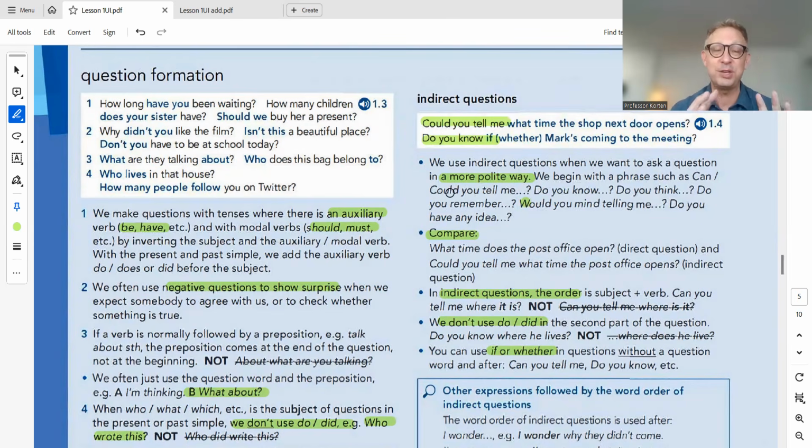So what I would recommend you do is with your speaking partner, go ahead and ask a question for each of these below. You see them right here. I've marked them. So, do you know what time it is? Do you think I could go to? Do you remember our meeting in Hawaii 3 years ago? Ooh, sounds nice. Would you mind telling me where the nearest pharmacy is?